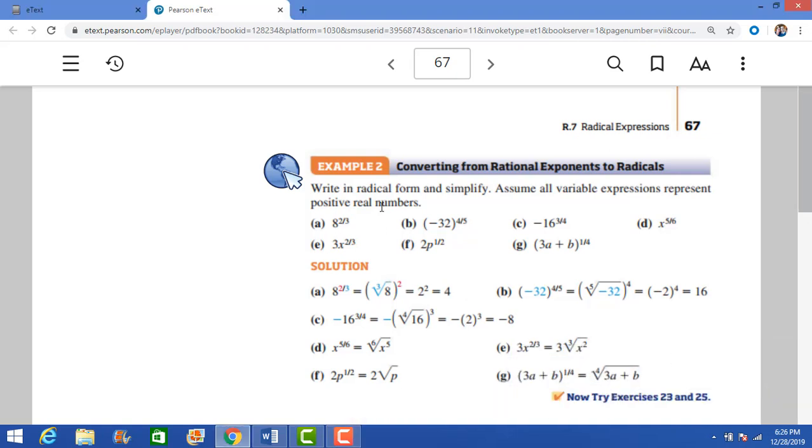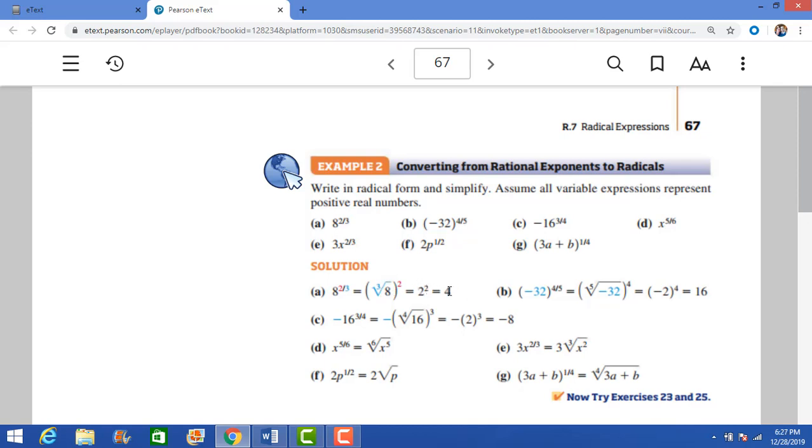Okay, so if we look at 8 to the 2/3 power, let's write this in root form. So the 1/3 we can write as a 3rd root. So this is going to be the 3rd root of 8 squared. Okay, so we can write it this way. And so again, we can take the 3rd root of 8, which is 2, and then we get 2 squared,